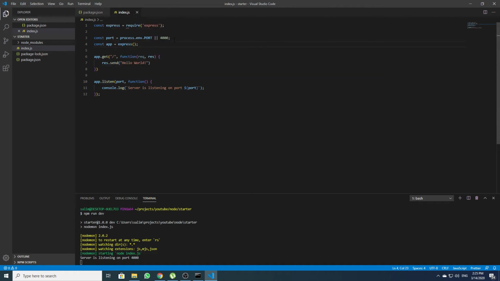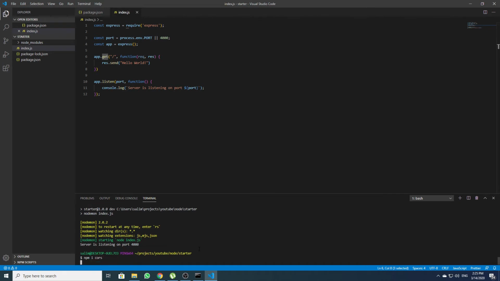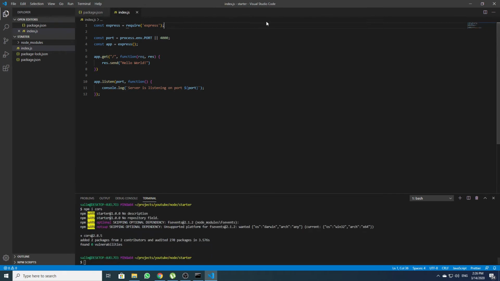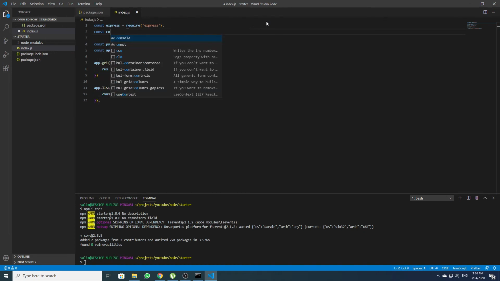To do this, we can do it manually, or we can use a plugin that is also conveniently called cors. This plugin will set up everything automatically. For now, we will allow access to all the apps for all the types of request. To do this, I need to install the cors package. Once done, I need to require it in a constant called cors,